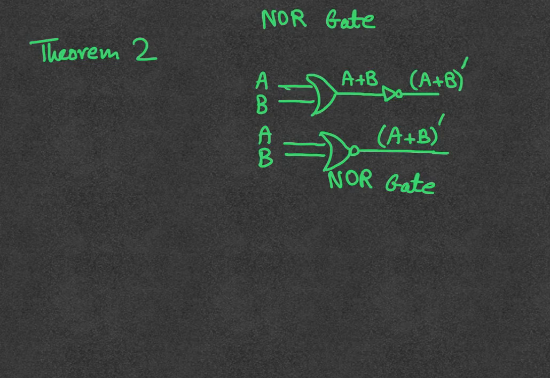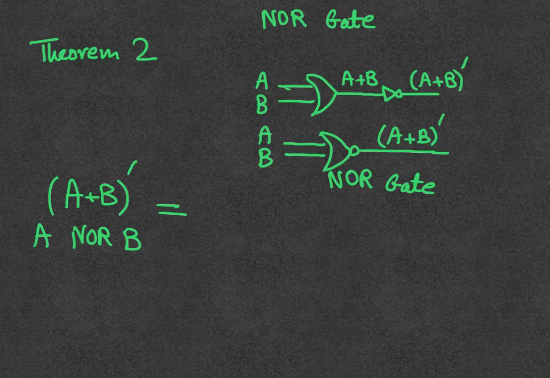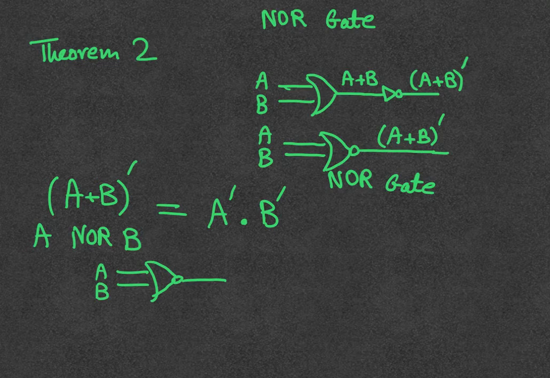So now let's see theorem 2 of De Morgan's law. Theorem 2 is going to tell you if you have A, B complement, so this is NOR of A, B. A NOR B can be written as A complement and B complement. Okay, so it means that if you have NOR gate, so that's a NOR gate, this can be equivalent to